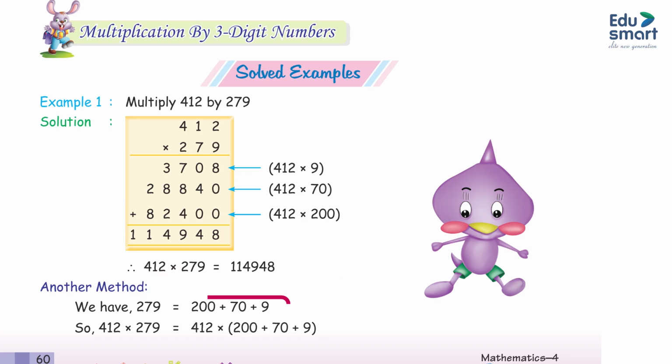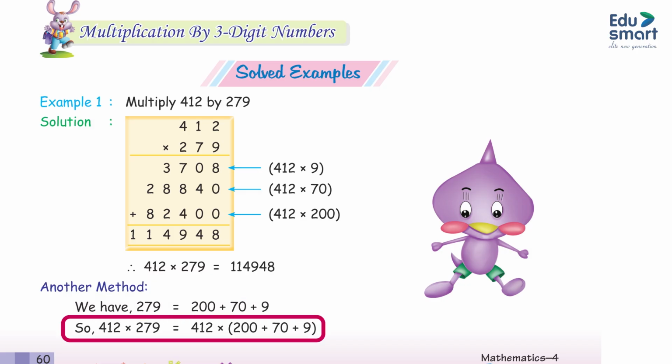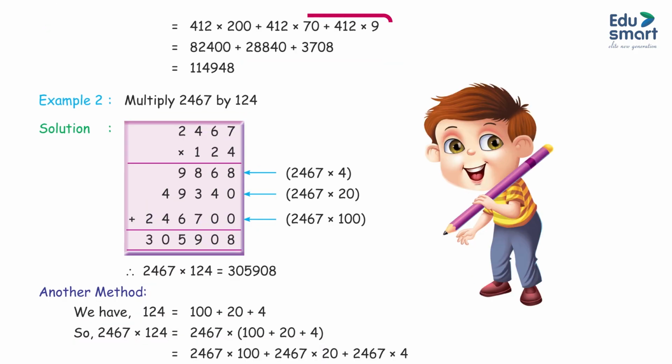Another method, we have 279 is equals to 200 plus 70 plus 9. So 412 into 279 is equals to 412 into 200 plus 70 plus 9, 412 into 200 plus 412 into 70 plus 412 into 9, 82,400 plus 28,840 plus 3,708. Answer